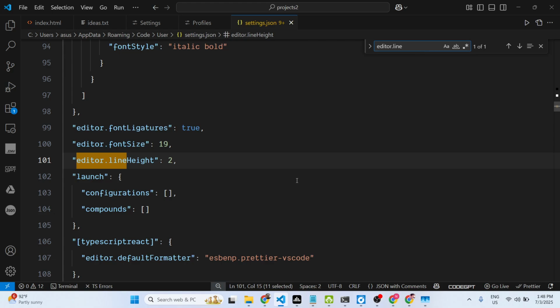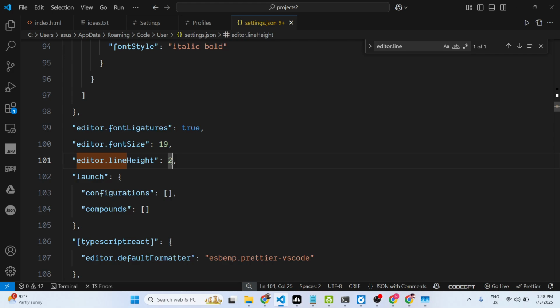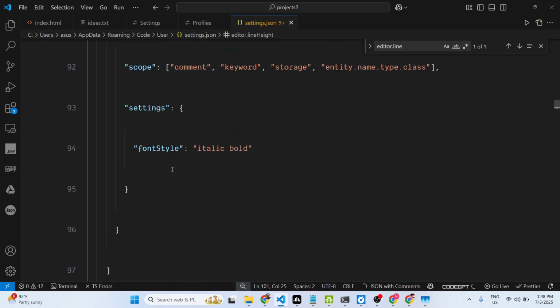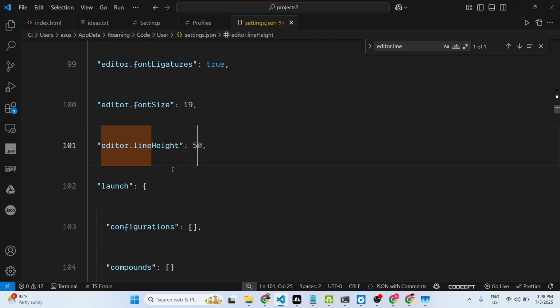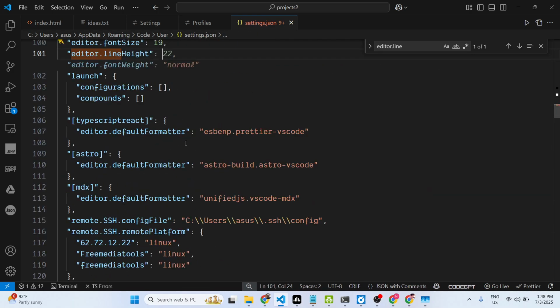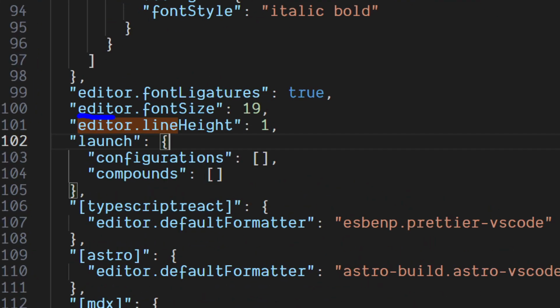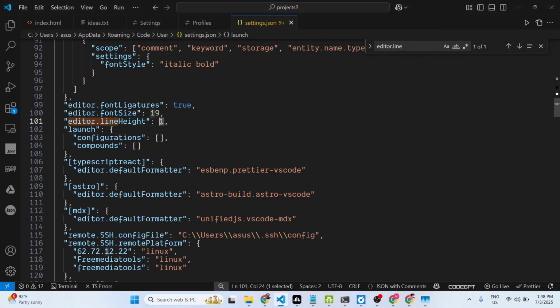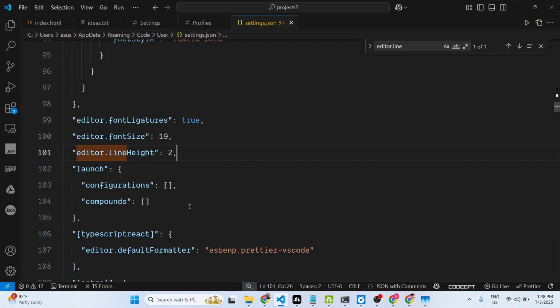editor.lineHeight. So currently I set this line height to be 2, but you can change this to, let's suppose, 5. So now it increases it. So as you can see, it increases the line height to 5. Let's suppose I set it to 1. So line height typically is the vertical distance between lines. Currently I set this to 2, which is more than enough,